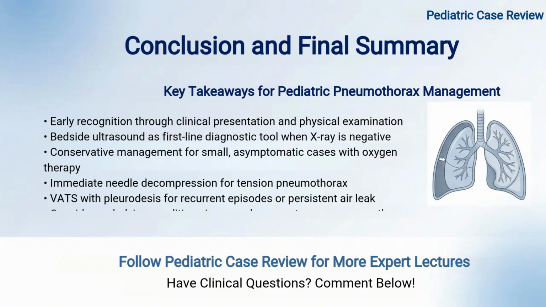This concludes our comprehensive case-based review of pneumothorax in children. The key takeaways are early recognition through clinical presentation and physical examination, bedside ultrasound as a first-line diagnostic tool when X-ray is negative, conservative management with oxygen therapy for small stable cases, immediate needle decompression for tension pneumothorax without waiting for imaging, video-assisted thoracoscopic surgery with pleurodesis for recurrent episodes or persistent air leak, and always consider underlying systemic conditions